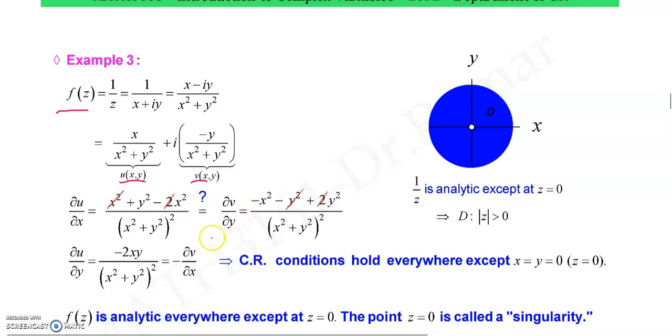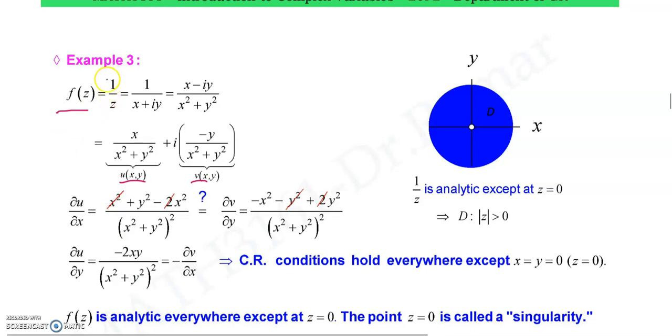So we have to go for the second condition. What is the second condition? Dou u by dou y, that is the partial derivative of u with respect to y, and the partial derivative of v with respect to x. Here you put the minus sign. Now both are equal. The second equation is also satisfied. Therefore we can say that this function, the function 1 over z,